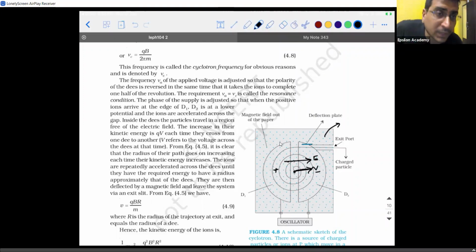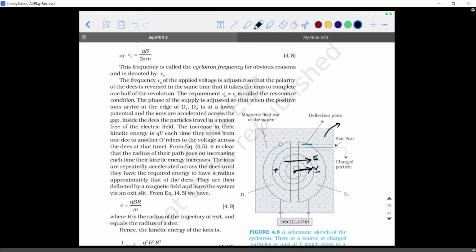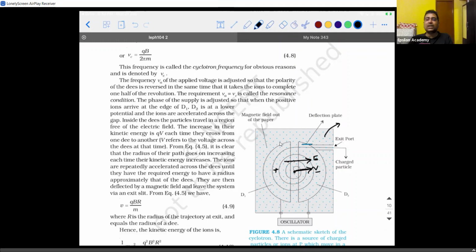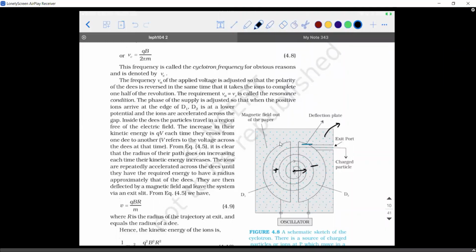So what will happen when a charged particle is projected into the magnetic field perpendicular to it? Circular path. Very good. So it starts moving in a circular path. Right? It is going to move in a circular path and again it should come out. But here the problem is, if this plate is going to have negative charge forever, if the D is going to have negative charge forever, what will happen is the positively charged particle, whichever is projected, will go and stick to this plate. Is that right? Yes, sir.